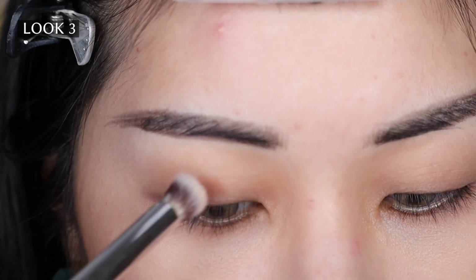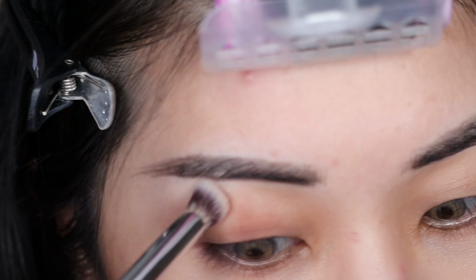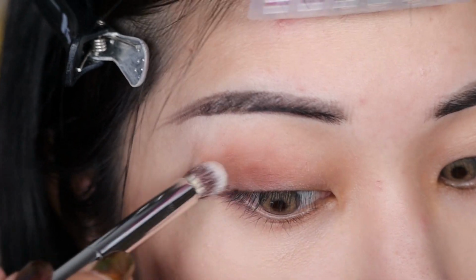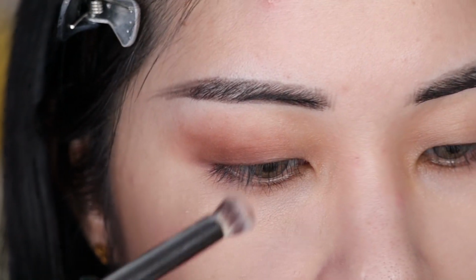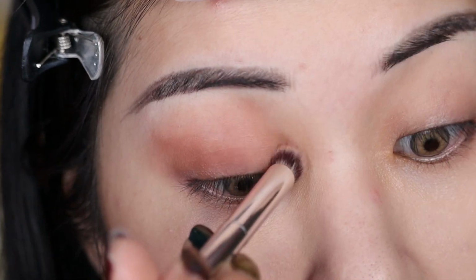I'm going to start with Nurture, which is that cool tone taupe, and I'm going to use that all over my eyelid just to set down my base. I think I'll go from light to dark today and just see how that does. I go from dark to light so often that I pretty much never go from light to dark, and I definitely know there's some formulas out there that seem to have a preference for what order you stack your shadows in. In my experience, it doesn't really matter with Natasha Denona, which should definitely be the case considering how expensive